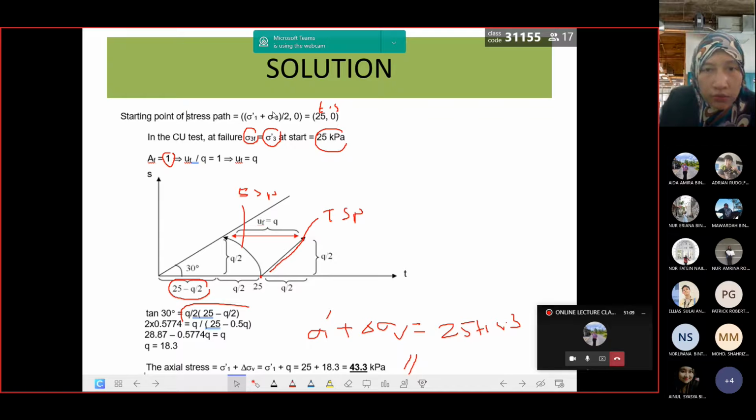This is the informations given to you, which here is the T, kat sini adalah S. So in the CU, tadi kita dah tengok one sample example, CU dalam keadaan CU ni you akan nampak the increase in the deviator stress or in the axial stress, and it is turned from the total stress path to the effective stress path. Other than informations yang you ada kat sini yang mana stress tu started at 25 kPa. The parameter for pore pressure